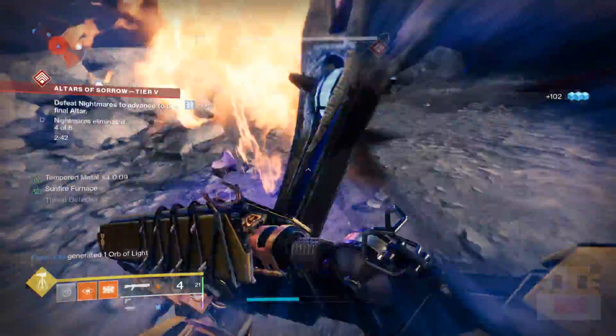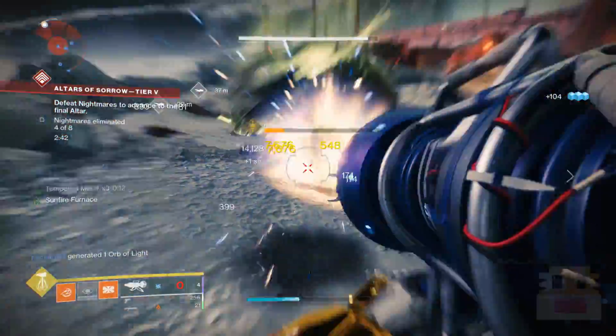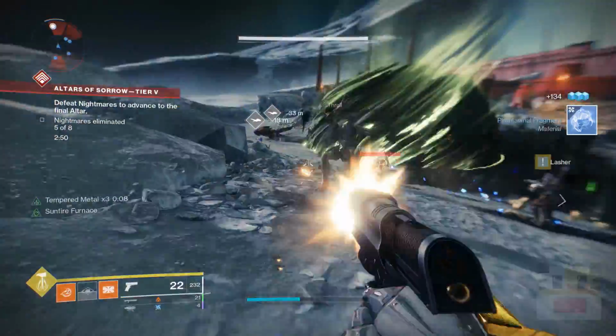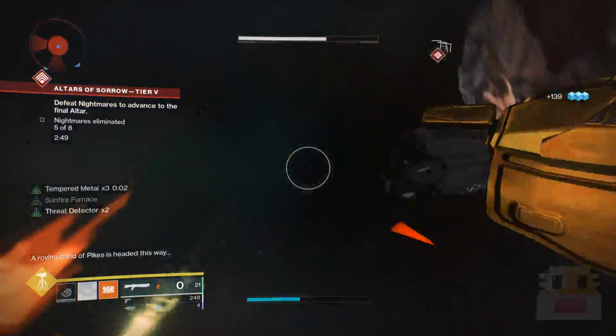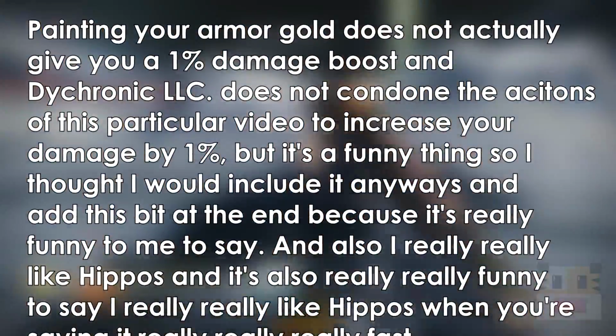And finally, the most important part of this video that I have alluded to multiple times throughout this video is that you need to paint your armor and guns pure gold, 24 karat gold. Otherwise, this build will not work. And once you do that, you'll get that extra 1% damage bonus that will make this build the cream de la creme. Painting your armor and weapons gold does not actually give you 1% damage boost, and Dychronic LLC does